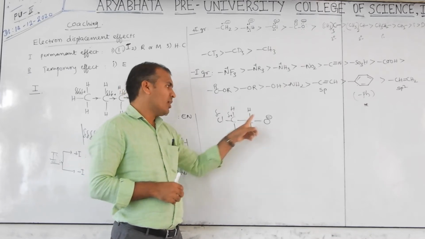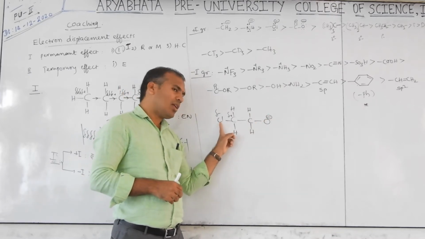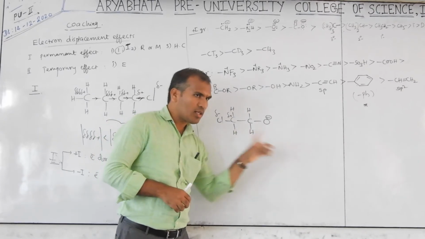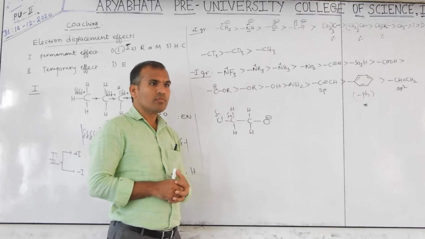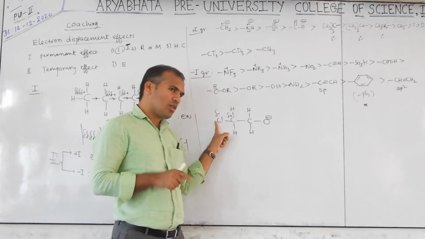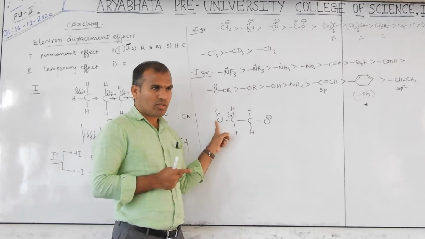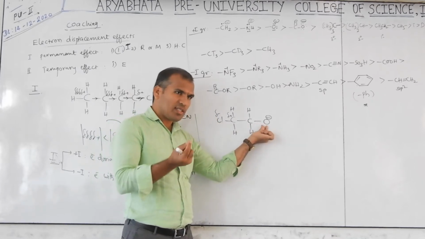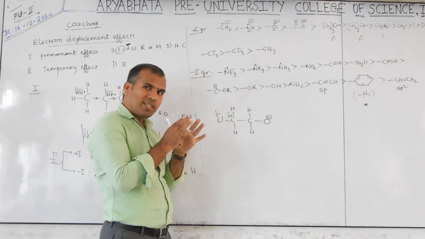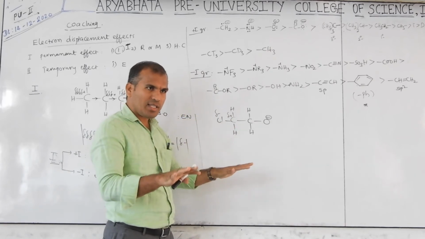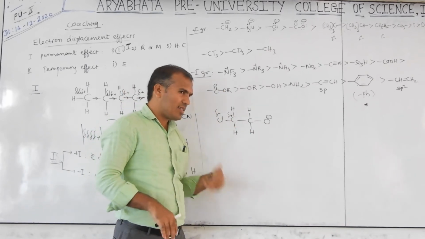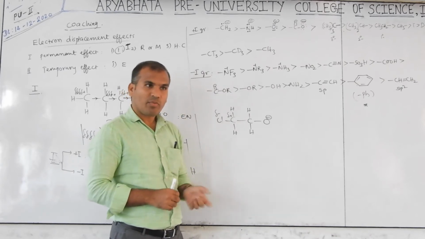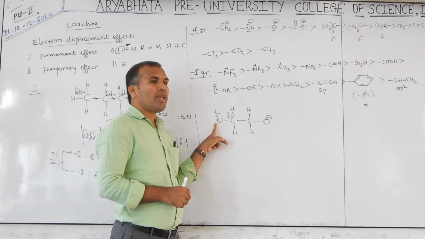How to decrease? This negatively charged species has here one electron withdrawing group. Is this chlorine a withdrawer or donor? Withdraws. That's why we got the negative charge. So whatever its complete charge is, due to electron withdrawal, its magnitude is decreased. Then this total anion is stabilized or destabilized? Stabilized by the electron withdrawing group.